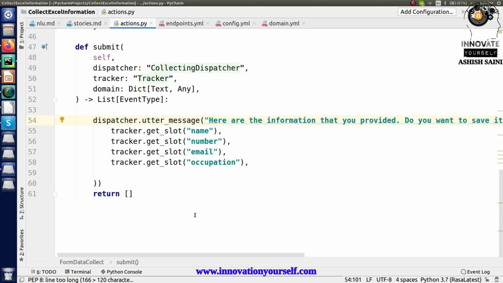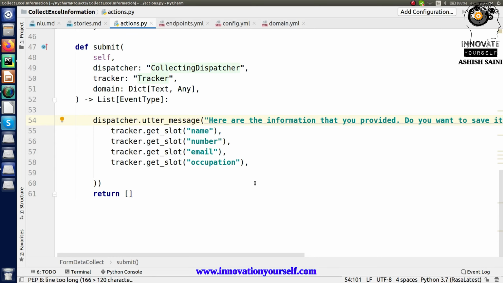In this case, the user will say either yes or no. If the user says yes, that means the affirm part will come, and based on that, it will collect all this information, and that complete information will be stored into the Excel sheet, right? So right now you must know how you can read the data from the Excel sheet and how you can further store the data into your Excel sheet. So this is all that we have to do right now.